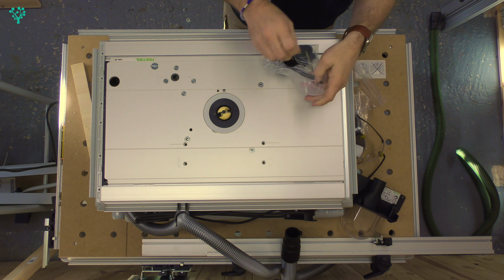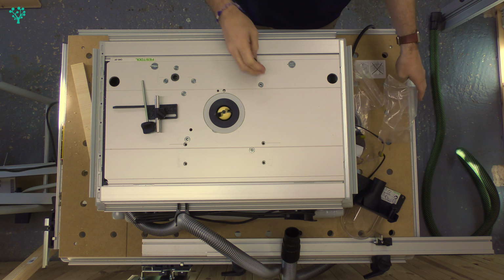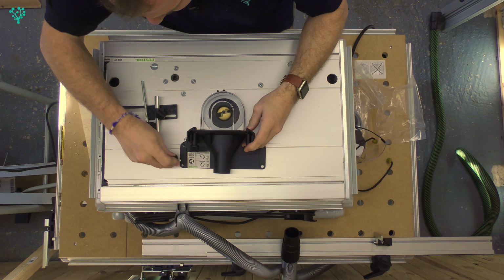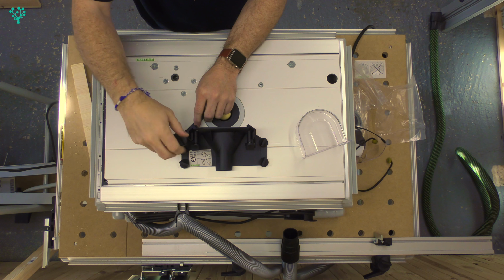It fits into place with a number of different screws. 3 of these are the same size and they're going to fit into this hole, and this hole. And this one clamps into position like so. Now what Festool have created here is something that's a bit different. The idea is that this lever here is going to rest on the bearing. So I can slide this out and I can also slide it down, and now I can lock that into